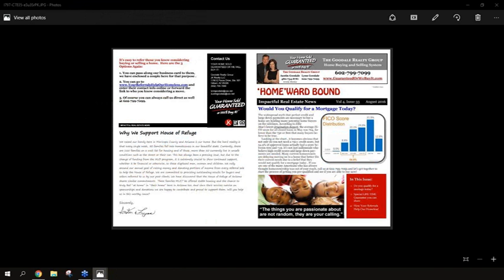Now, here's the other element that you want to have in there. What you want to have are what we refer to as direct response components. So throughout the newsletter, maybe you offer a free special report. Maybe in the corner you've got a free quick over the net home evaluation, an online home evaluation. Distress sales, bank foreclosures, these homes must sell, free list with pics. You've got just a little ad in there that offers a free list of properties. You want to have direct response components trickled throughout the newsletter, so that prospects that are reading the newsletter can be compelled to respond to various offers within it.